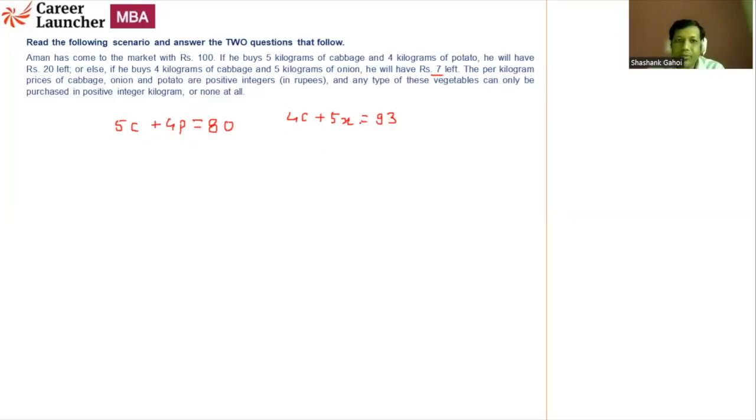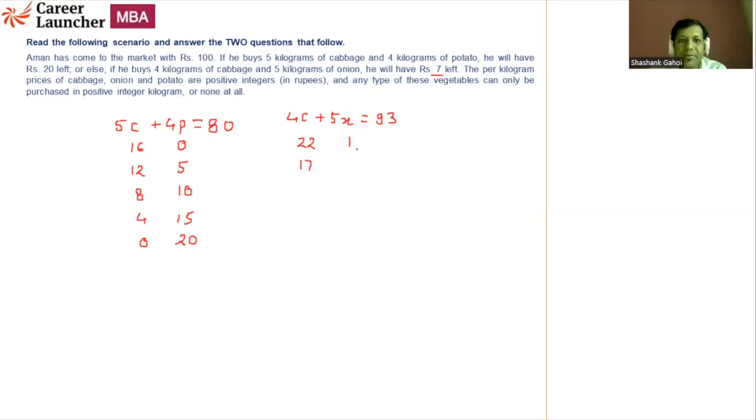So basically, this is a linear equation as well as this is a linear equation. And let's try to find out the solutions. So this is 16, this is 0. That is one possible solution. Now, the coefficient of P is 4, so C is going to change by 4. The coefficient of C is 5, so P is going to change by 5. Now, both signs are the same, so one value will decrease, another value will increase. So this comes out to be 12, this comes out to be 5. This is 8, this is 10. This is 4, this is 15. This is 0, this is 20. So these are the solutions we are getting. Similarly, here we are going to get 22, 1.